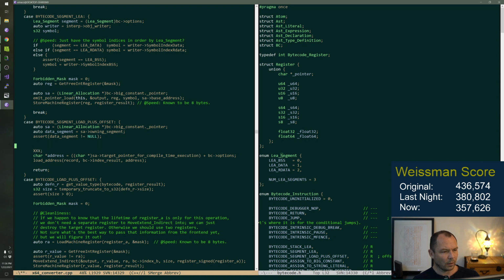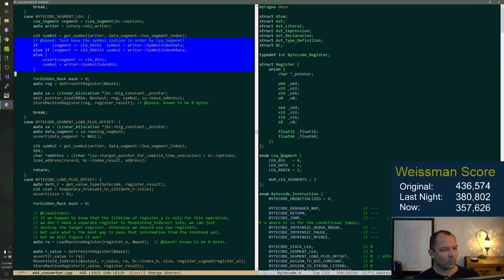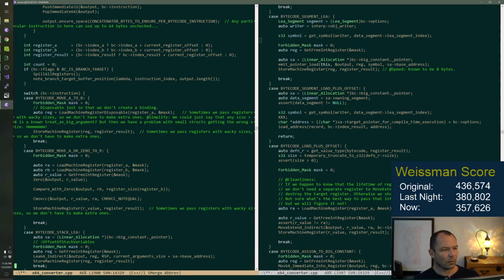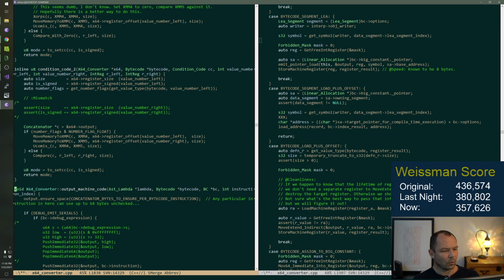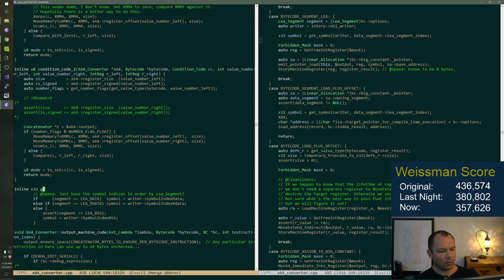And we'll finish that in a bit because we want to go up here and do this. We're going to go inline S32 get symbol obj writer segment.